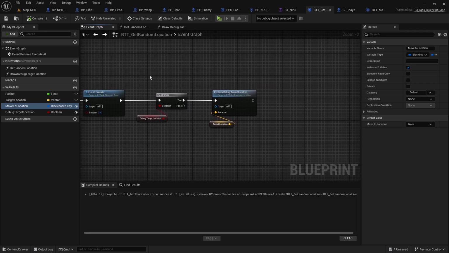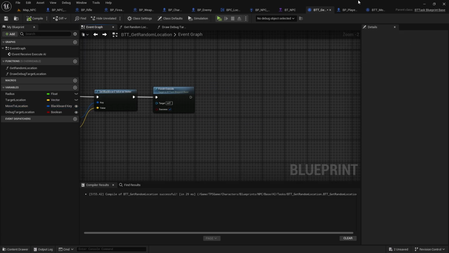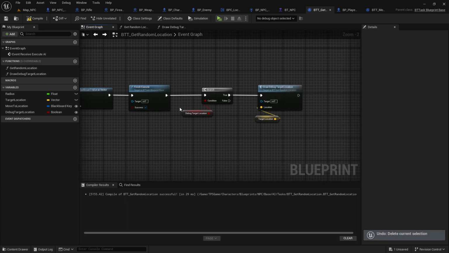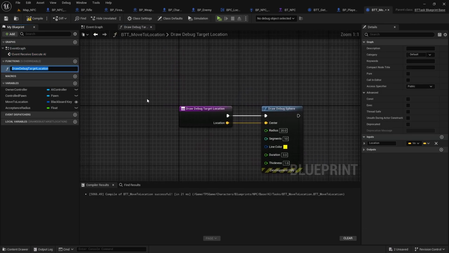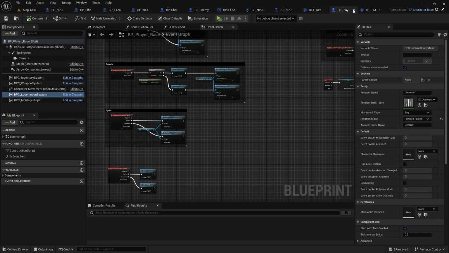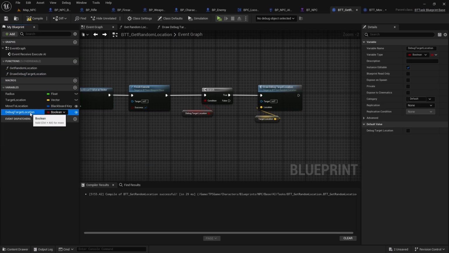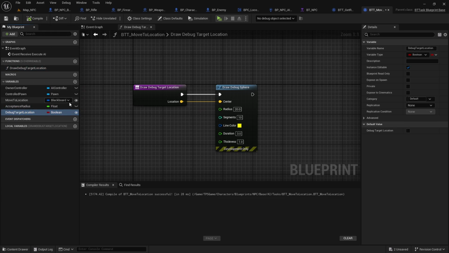and let's cut everything from here. No, let's get this function first and paste it here. So we have this function, and then let's get this variable and paste it here. So we have this variable which is instance editable,